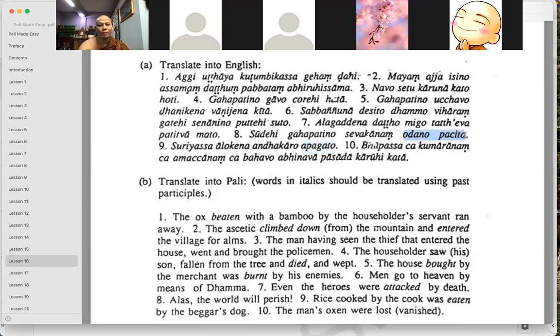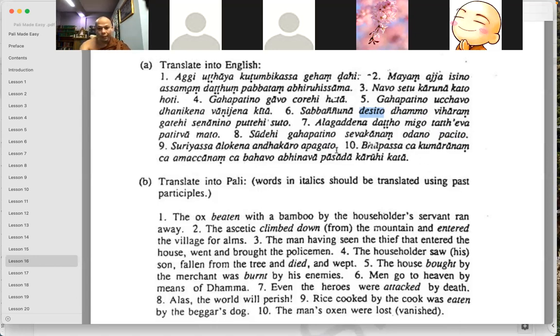Okay. Here, Odano, Bajito also, you see. Odano is a noun, Bajito is a past participle. After a word, that is why it is a predicate function. The rice was cooked. Here also, Andagaro, Abagato. Andagaro is a noun word. Abagato is a past participle. So after a word, that is a predicate function. Darkness went away. But in number 6, you see, Desido is a past participle, but before a noun, Dhammo, that is a modifier function, which was expounded and so on.